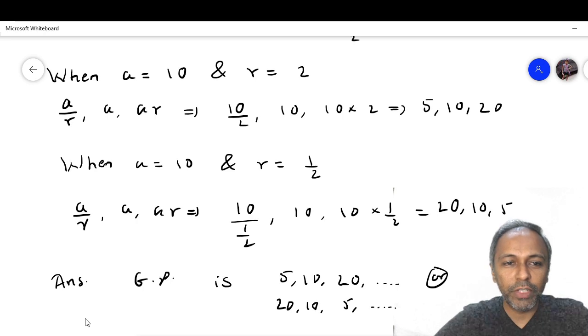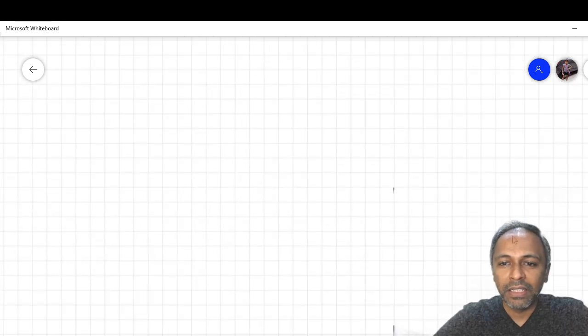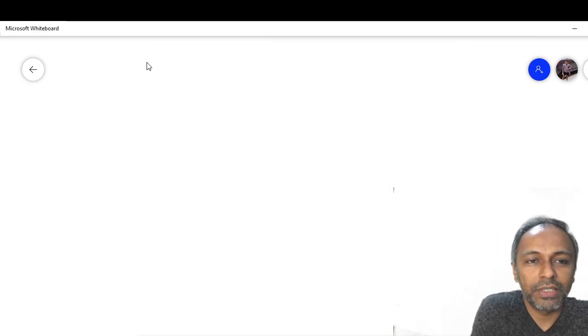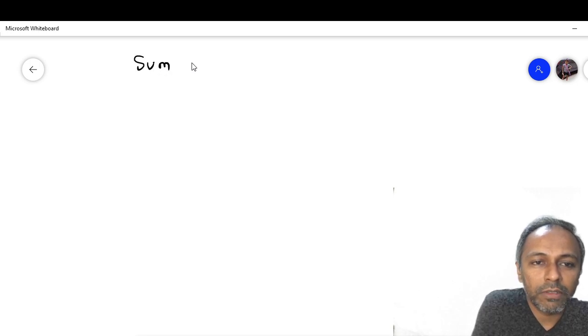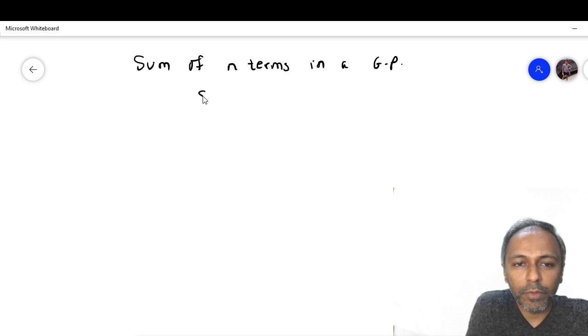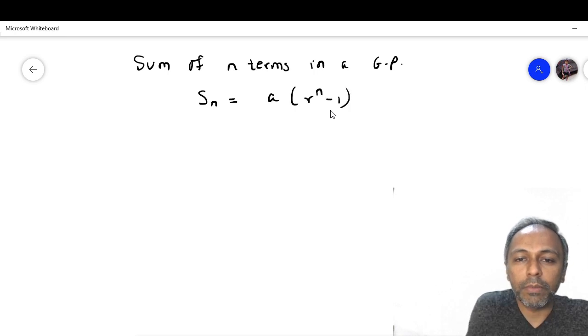Let us now start with problems on sum of n terms. Let us write the formula for sum of n terms in a GP. The formula is Sn, S indicates sum, is equal to A into r raised to n minus 1 upon r minus 1